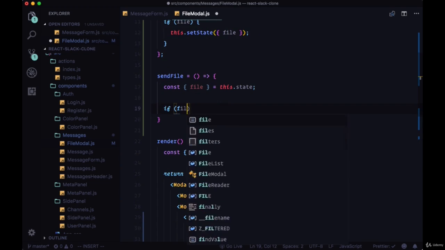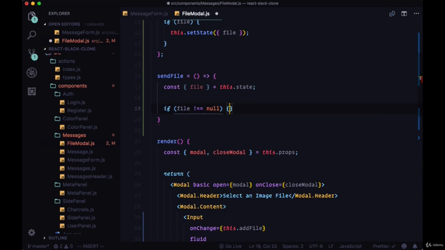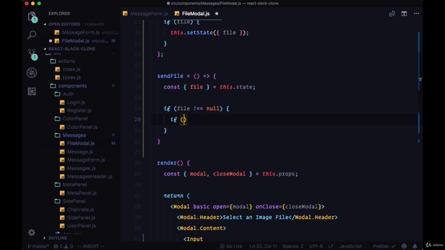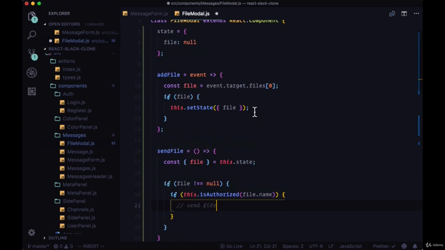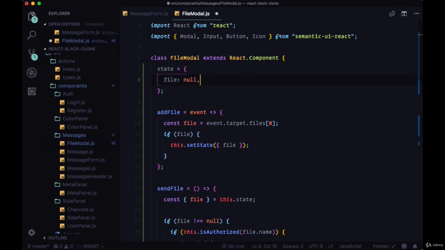And once again, we'll check to make sure the file property in state isn't empty, and then we'll include a check using this isAuthorized function that takes the file name to see if the file type of the file that the user is trying to upload is authorized. To